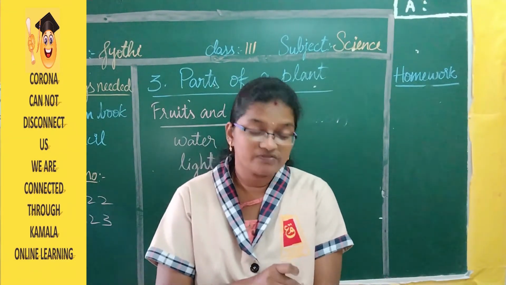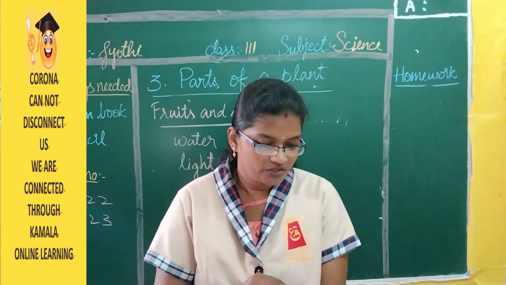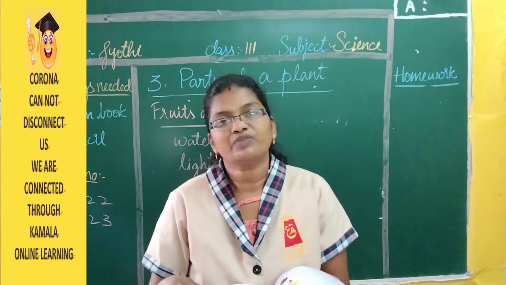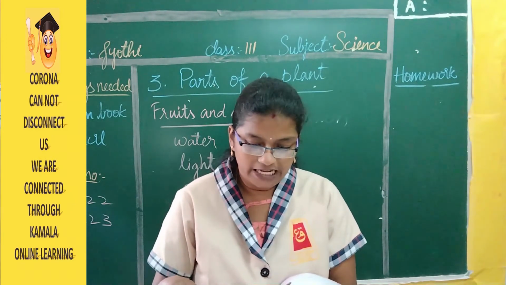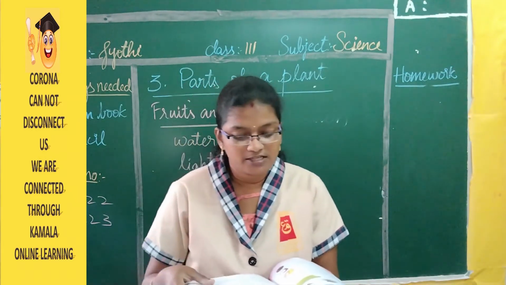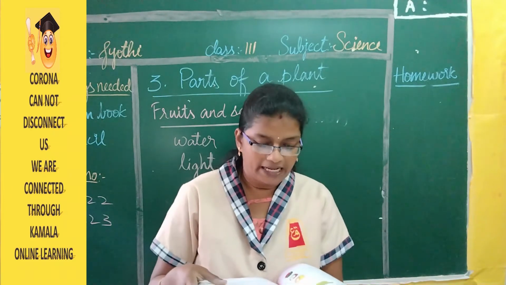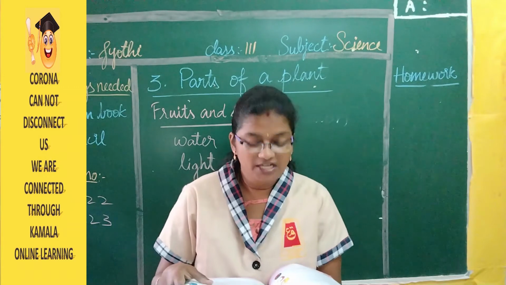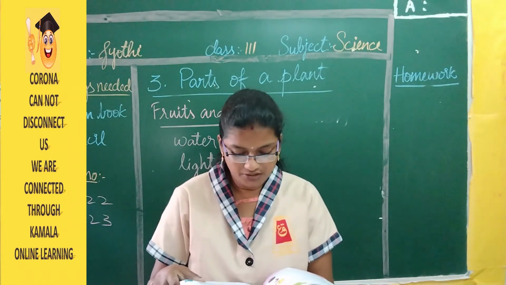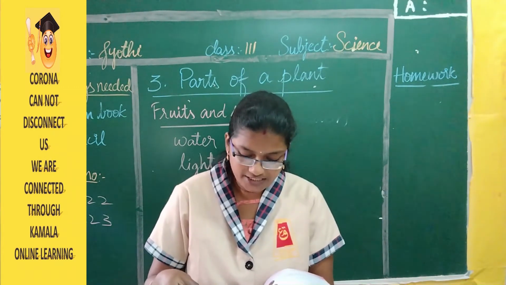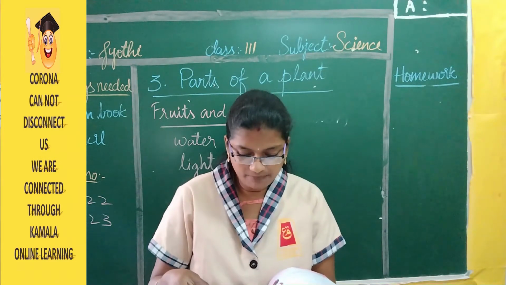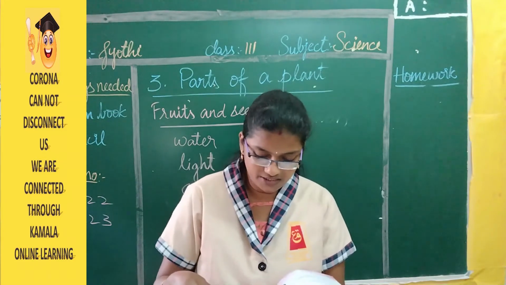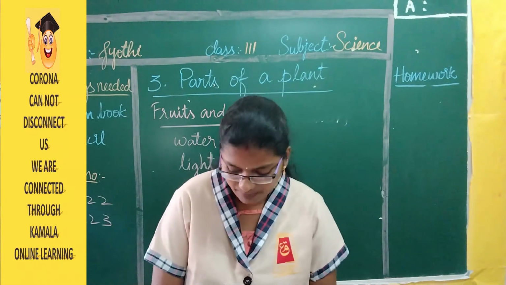We have learnt about flowers and fruits. So next one, most plants grow from seeds. The life of a plant begins from a tiny seed. The seed contains a small baby plant and its food. The conditions required for the growth of a seed are water, sunlight and nutrients. Once these conditions are satisfied, the seed begins to grow. The process of development of a new plant from a seed is called germination.